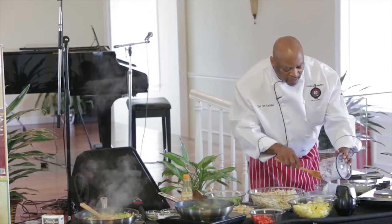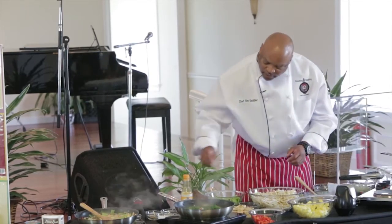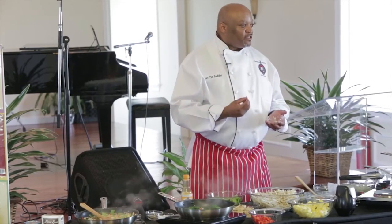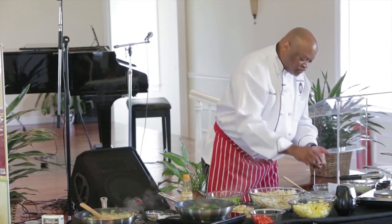Now, depending on the texture you want, you can continue to whip it up if you want it smooth. Then we're going to take some white pepper. Now, I like to use white pepper for white dishes because if you use black pepper, it's going to make it look like you got bugs crawling in it. So, you use a little white pepper,